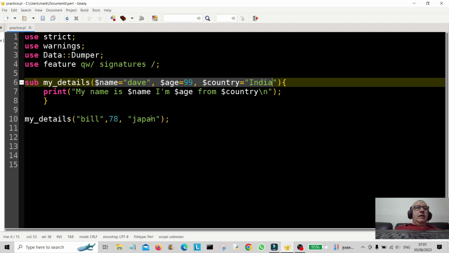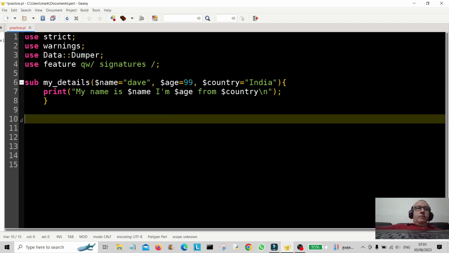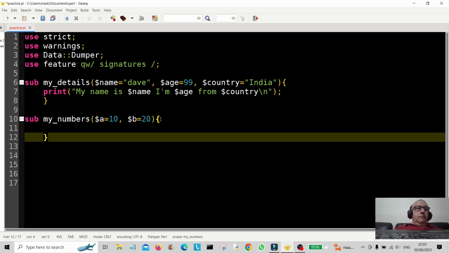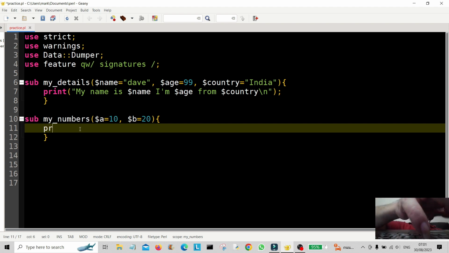Okay, we're going to go on to the next one now. Let's have a look at the next subroutine we're going to create. So sub my numbers, and this is going to be scalar a is equal to 10 and scalar b is equal to 20. So this is numbers, right, so print